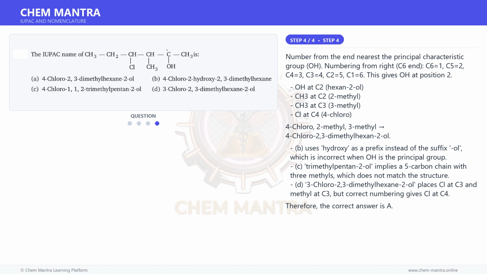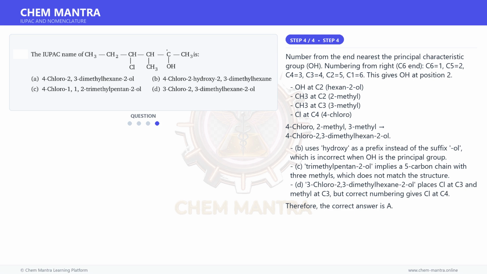CH3 at C3, 3-methyl. Cl at C4, 4-chloro. So 4-chloro, 2,3-dimethylhexan-2-ol. B uses hydroxy as a prefix instead of the suffix ol, which is incorrect when O is the principal